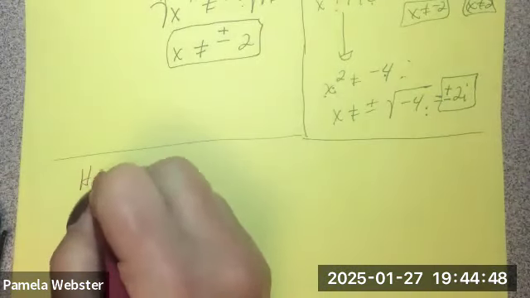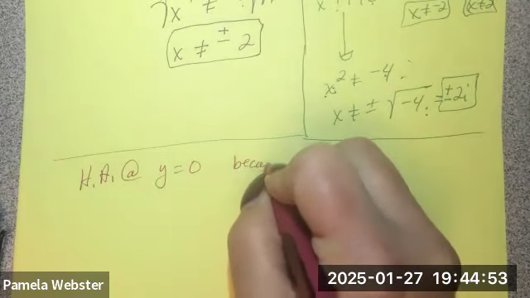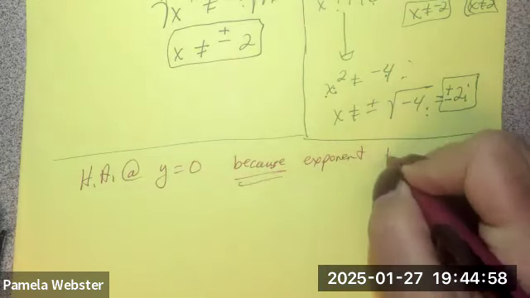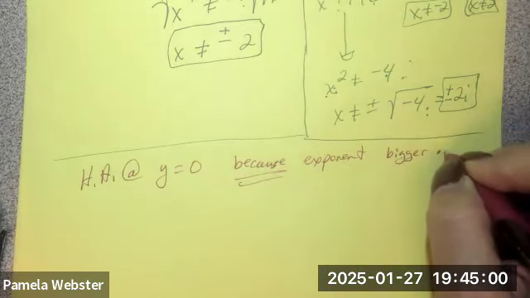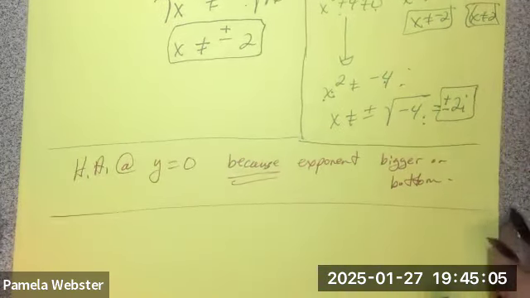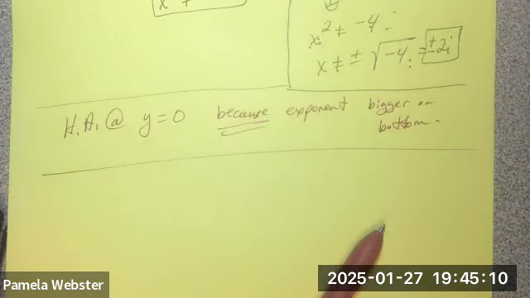So there's a horizontal asymptote at y equals 0 because the exponent is bigger on bottom. So you're going to get a chance in the homework on my math lab to play with that and make sure you understand that rule. If you try one and you get it wrong, do those problems over and over and over again because it's going to be important for us, right? All right. How about,